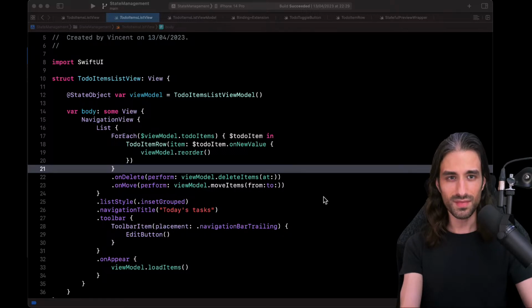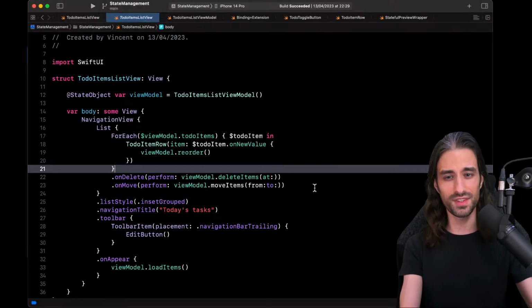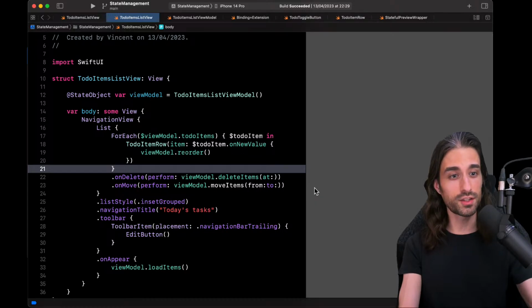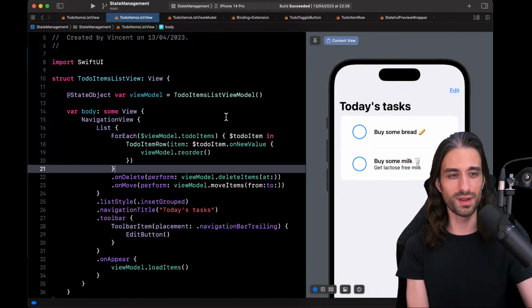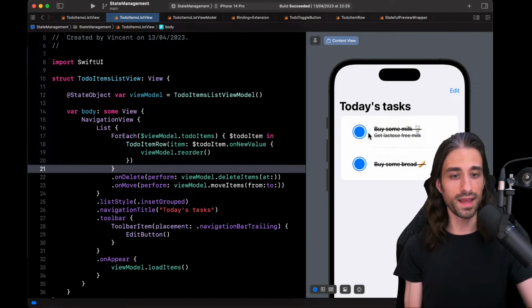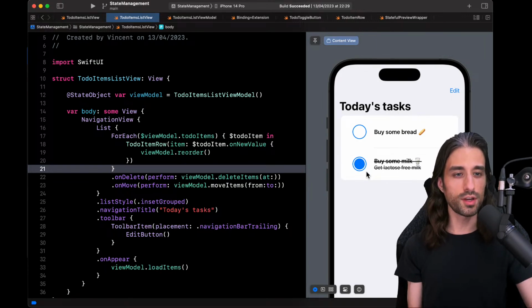All right. So as I said, we are starting from the app we made in the last chapter, the chapter about state management. So a quick reminder about what we did. We actually built a reminder app in this chapter. So I'm going to show you the preview of the main view of the app. We built a to-do app in which we could manage a to-do list and switch the items from a not done state to a done state, with some automatic ordering based on this isDone Boolean property.